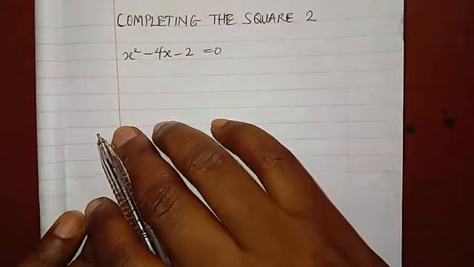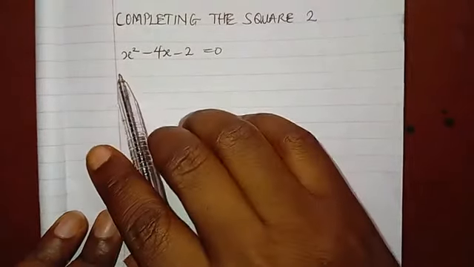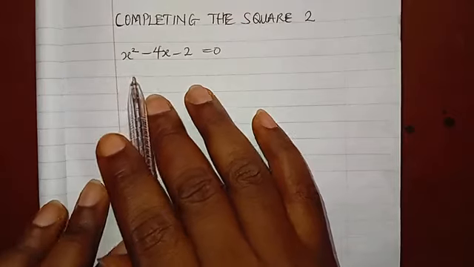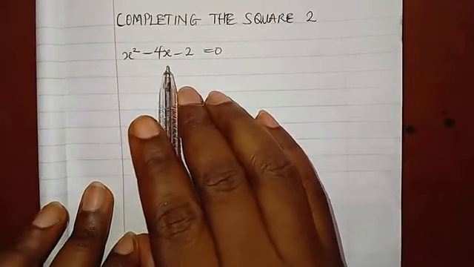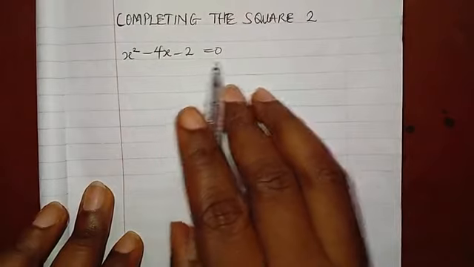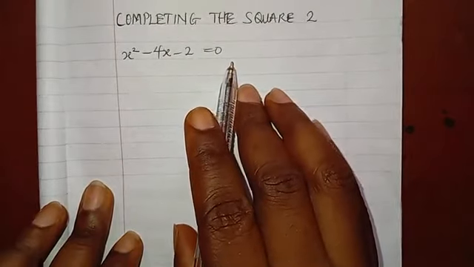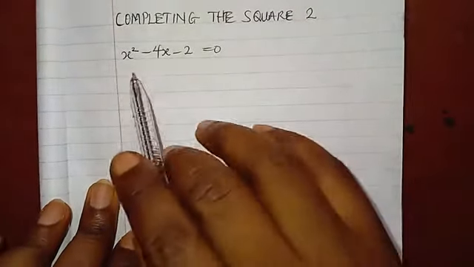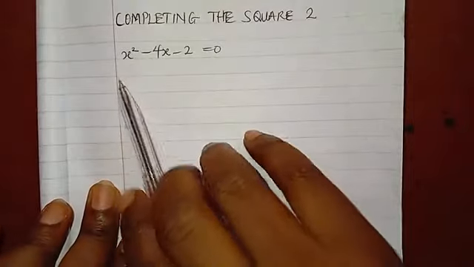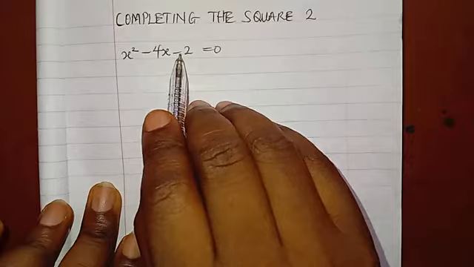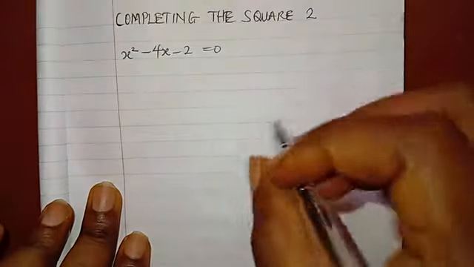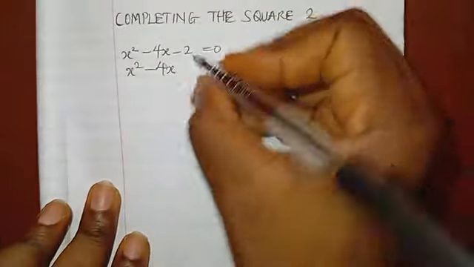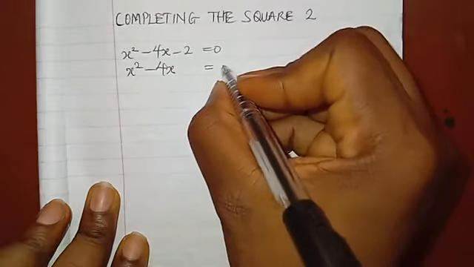Now we are going to be using the method of completing the square to solve quadratic equations. We have this equation x squared minus 4x minus 2 is equal to 0, and we've been asked to use the method of completing the square to solve it. Now we are going to get this constant to go over to this side. We are going to have x squared minus 4x minus 2 goes over the equal to sign to become a